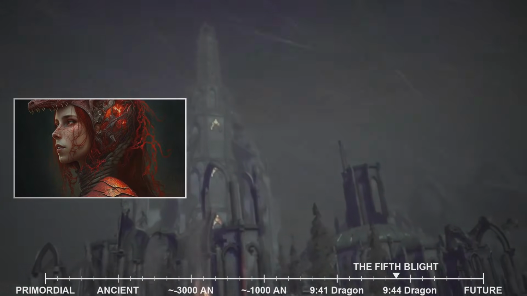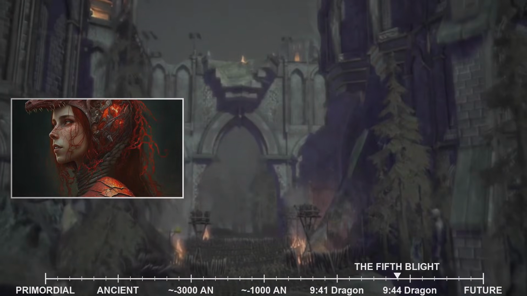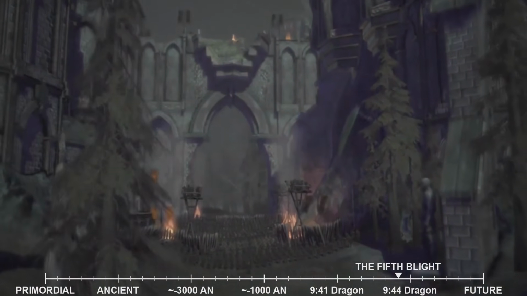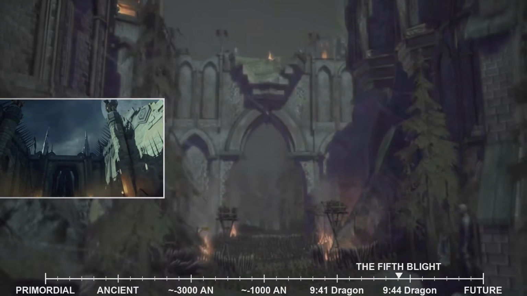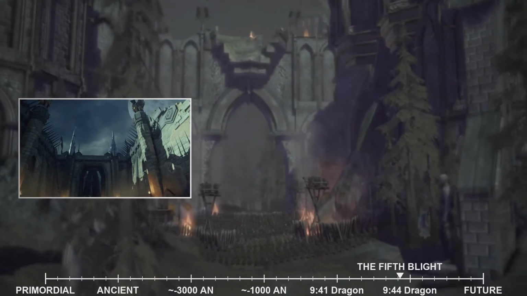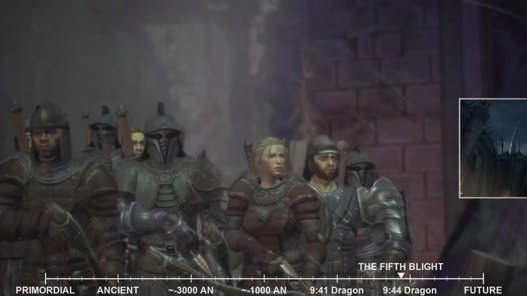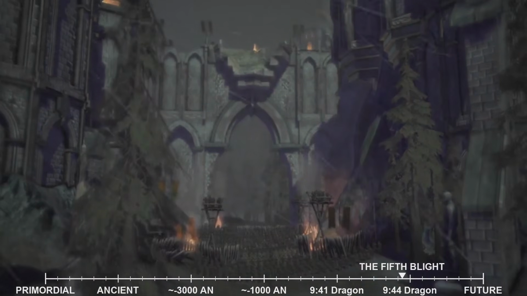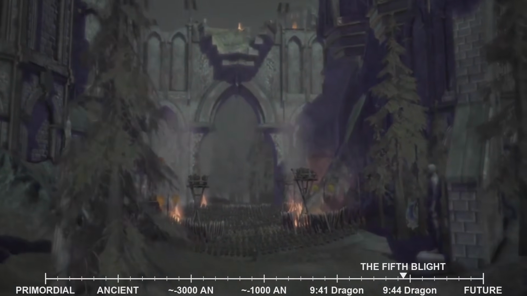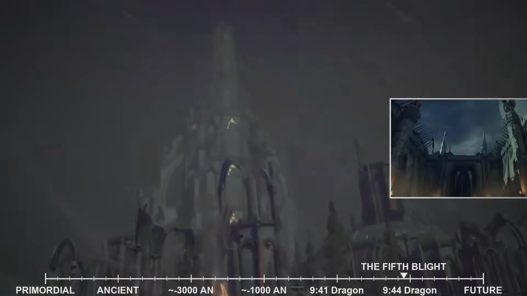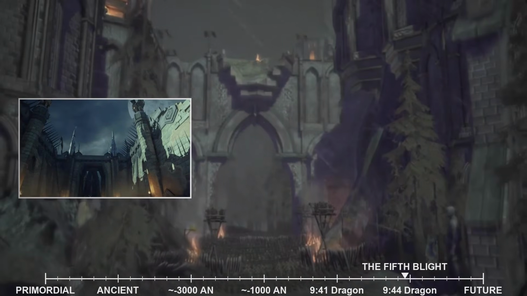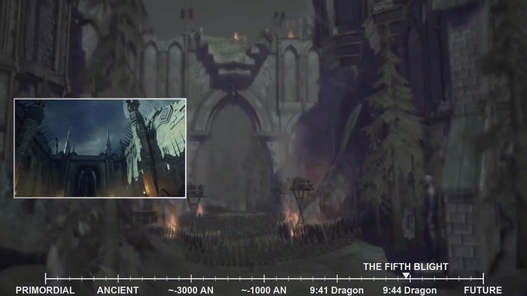This meant that not only were the mages unable to help Arl Amon, but they themselves were in desperate need of assistance. Recognizing the immediate threat and the potential to gain the mages' allegiance, you, the Warden, took it upon yourself to resolve the crisis within the Circle Tower. This involved navigating the twisted corridors of the tower, battling demonic entities, and making difficult choices that would determine the fate of the mages and Templars trapped within.